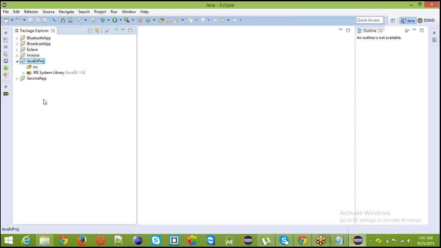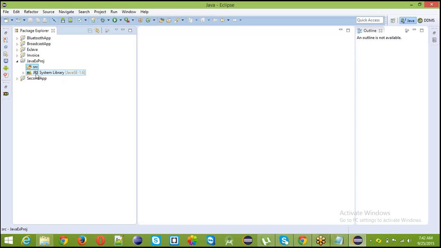So I'm expanding this one. After expanding, I'm able to see one folder called src. SRC is nothing but source. The source folder is empty, nothing is there, because we have not created anything. And there is one more folder, JRE System Library, Java SE 1.6.